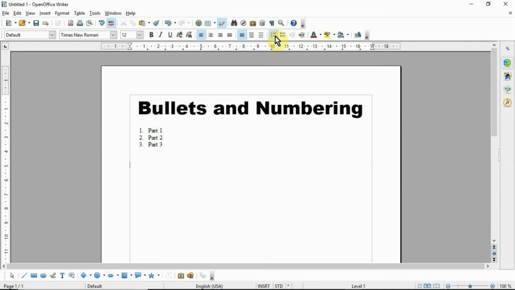And if you want to create a bullet list, you can click the bullet list button and then type the list item here. Topic 1, and then type a second list item and so on.